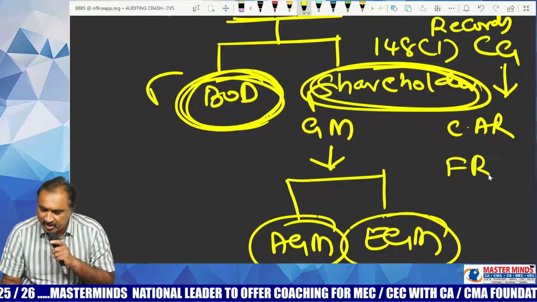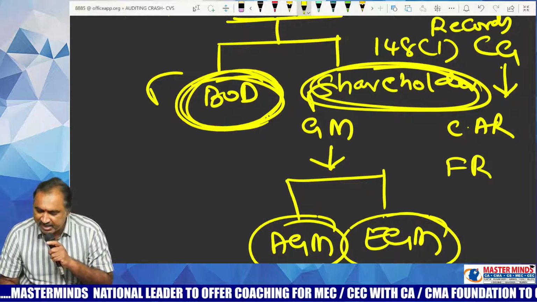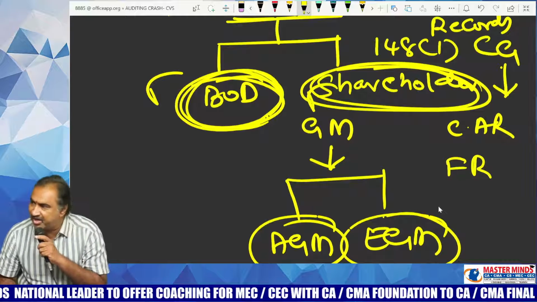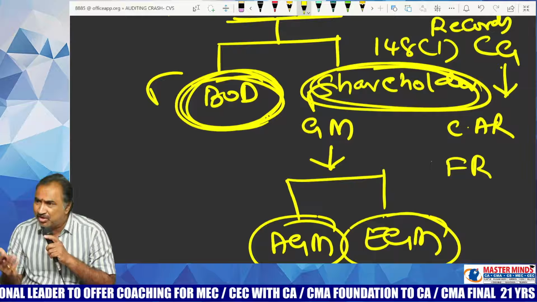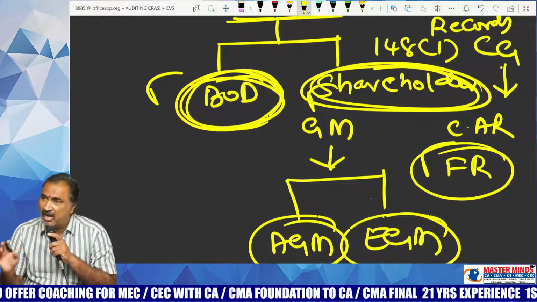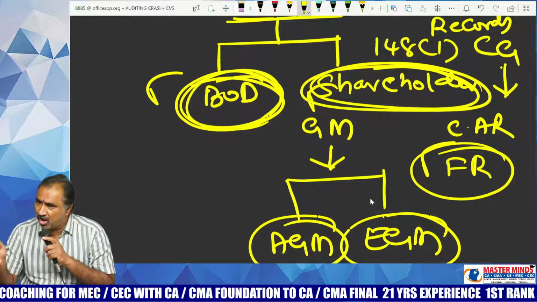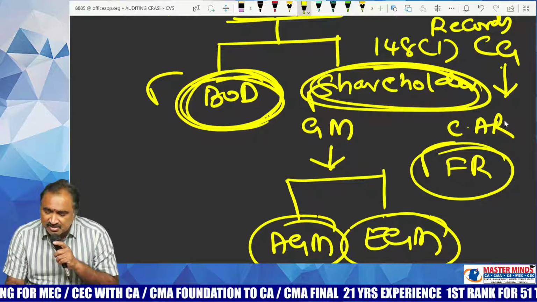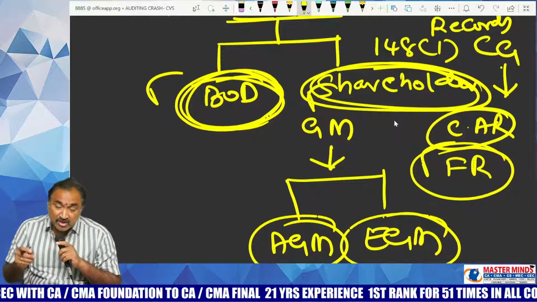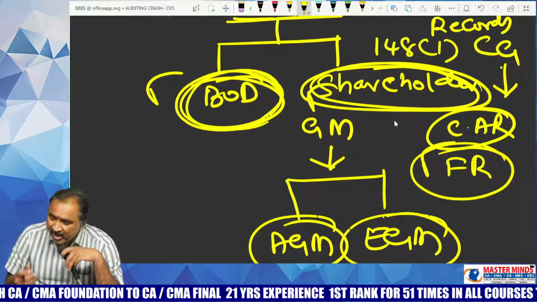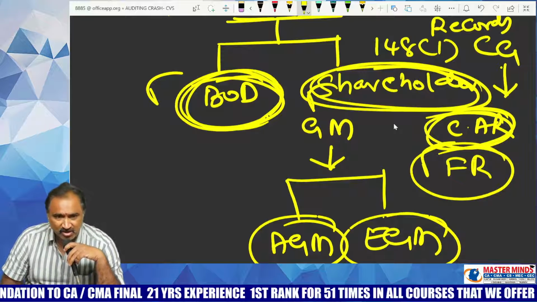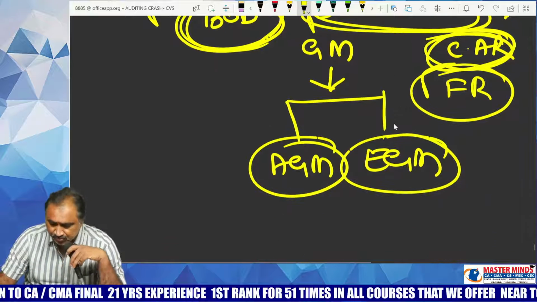So where the company under your audit maintains cost accounting records, although you are the financial auditor, you are not the cost auditor of the company. You are the financial auditor of the company. But still, as a financial auditor, you always have a right of access to the cost accounting records maintained by the company. When you are the financial auditor, why have you been given a right of access to the cost accounting records? There is a logic behind this.